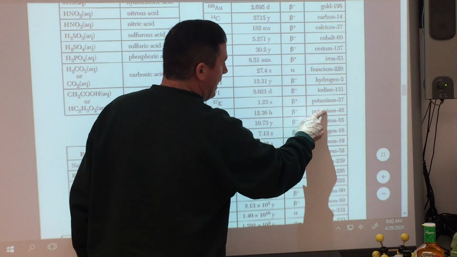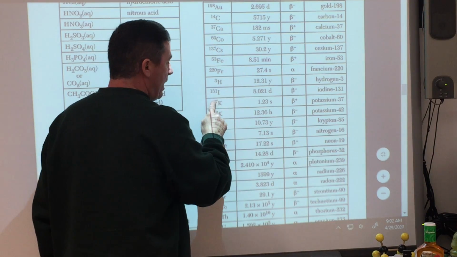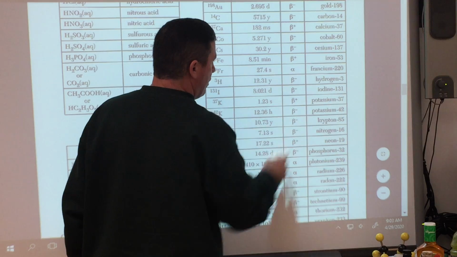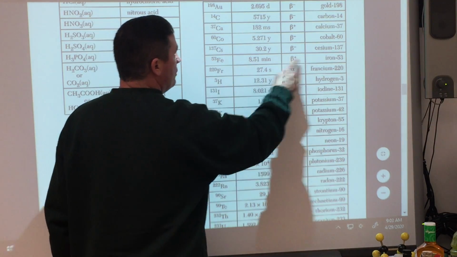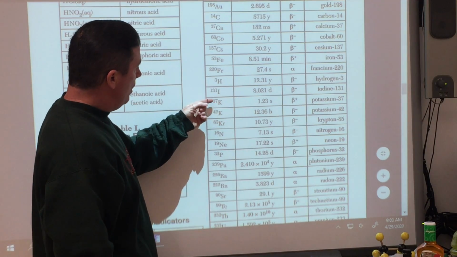So what I was saying was, when you are writing these, the way these are written, you will always have the name of it followed by a dash, and then what its atomic mass is. So this is potassium-37, this is iron-53. Okay, so what happens in this particular